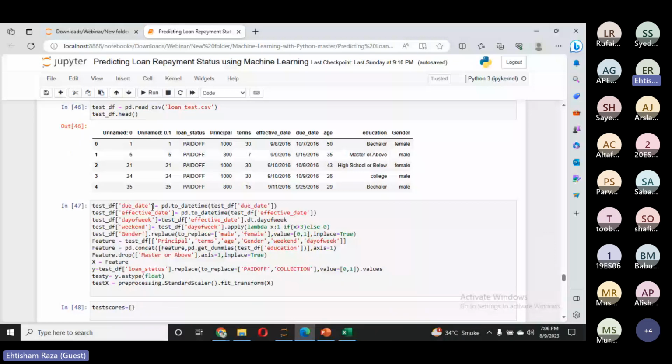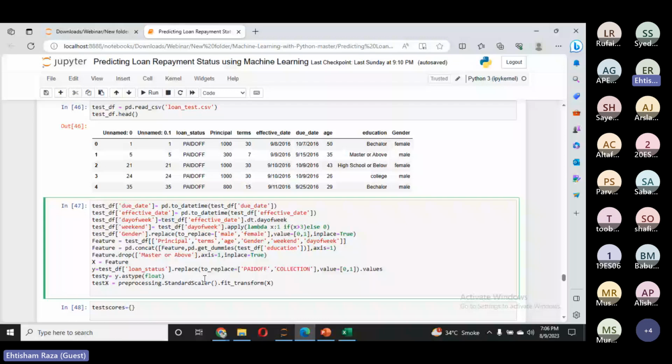We are converting to the date, the effective date. We are extracting the day of week, weekend, gender. We are using only these principal terms: age, gender, weekend, day of week. We are just going to concat. We are going to perform the one hot encoding. We are going to convert the paid off and collection to 0 and 1, so we can have a numerical